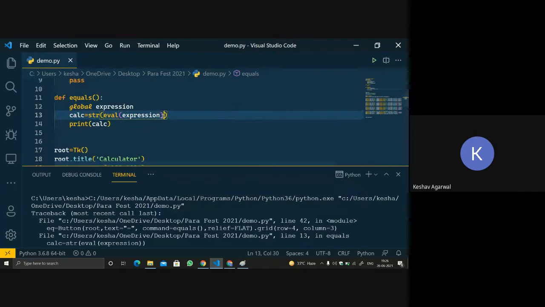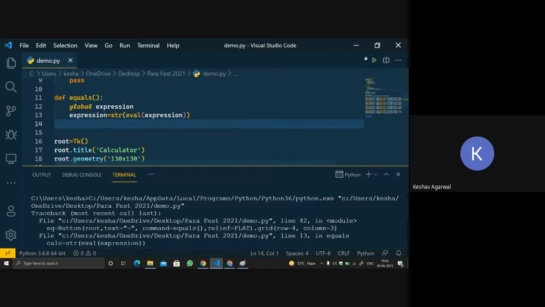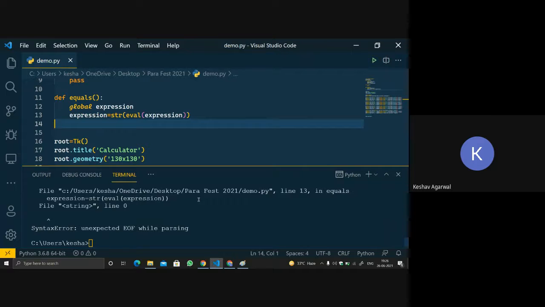Why is it not getting the output? Let's do one thing. It's still showing an error. So I think we should look into the documentation of eval. Let's look once at the documentation of eval.